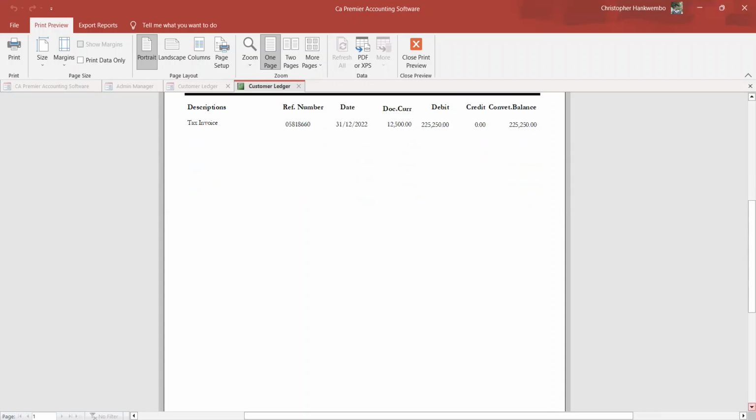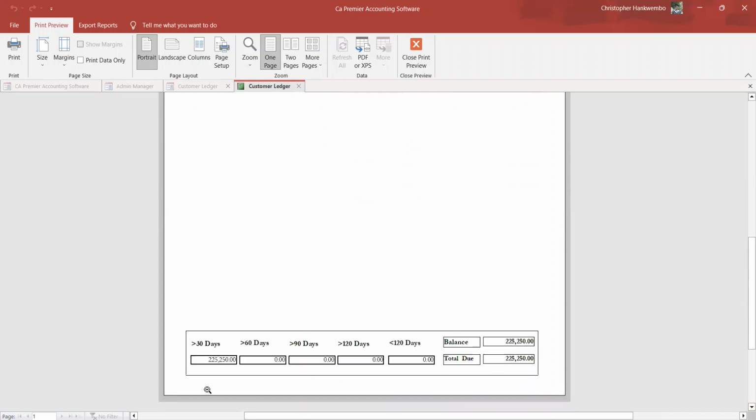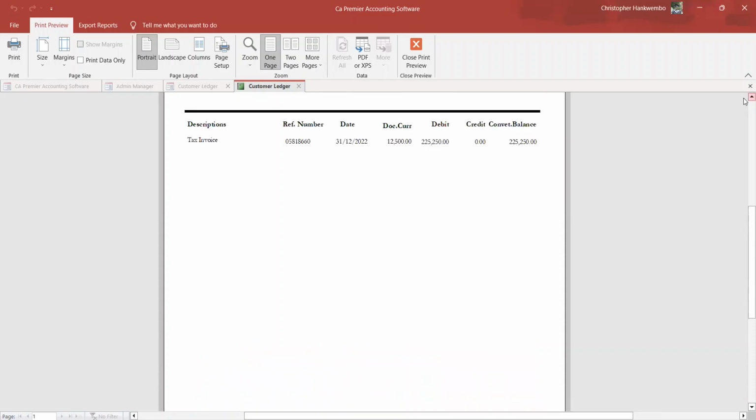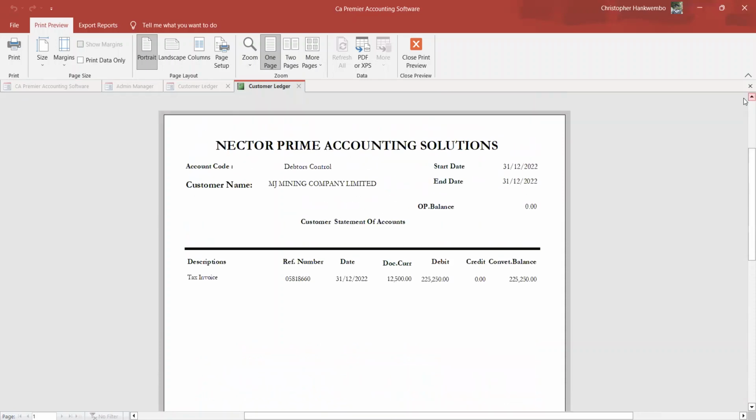Then it will do the totaling and give you the aging as well. Current days. If they don't pay you within 30 days, it will start aging until it reaches 120. So this is your customer statement, which you send to them.